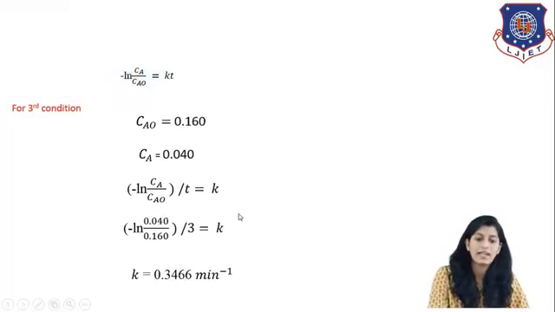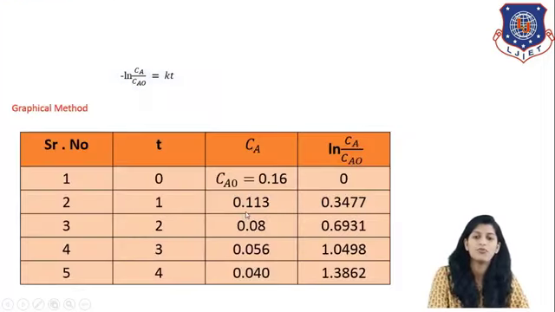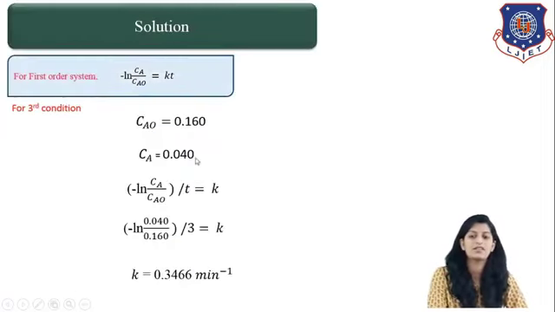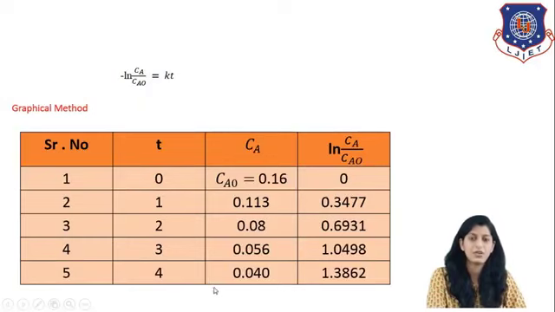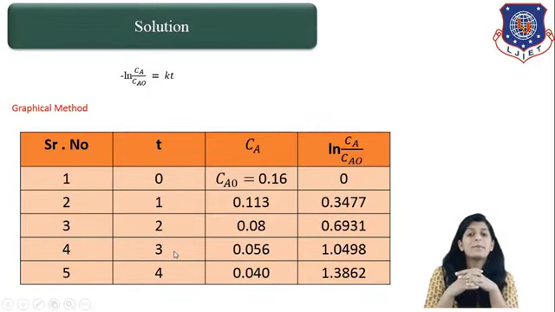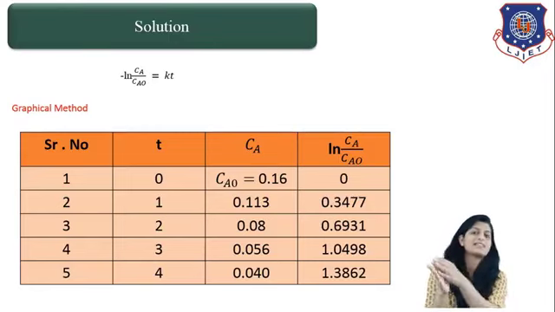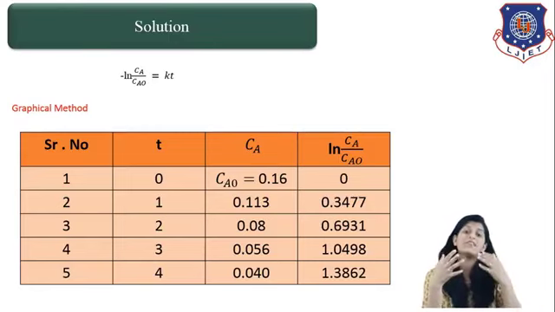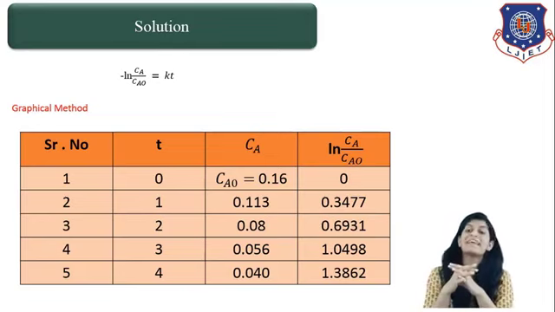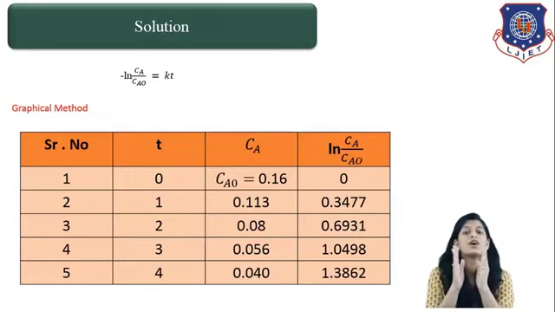So now let us quickly check condition number 4, right. This is condition number 4. For that, when t equals this, if you can see, 0.3466 minute inverse. So if you can see all the values are coming constant for the given case, we can say that our assumed rate equation is constant, right. So now the values of K1, K2, K3 have come to be constant, and even if you calculate the value of K4, it will come constant. So we can say that the assumed rate equation of first order system is correct.